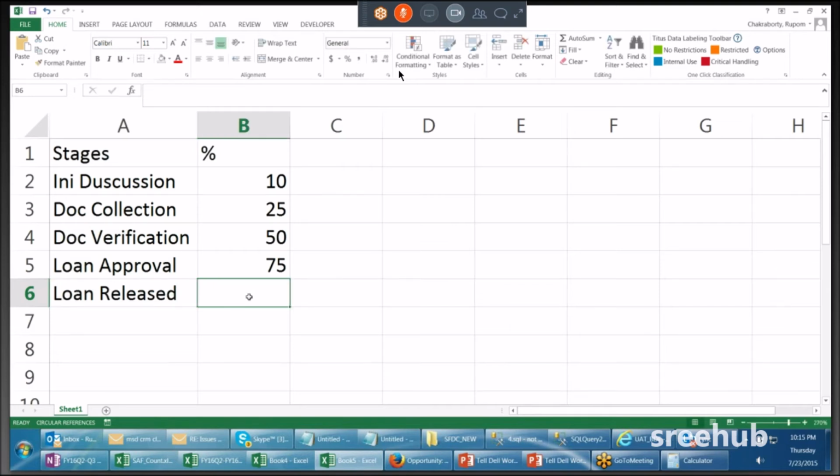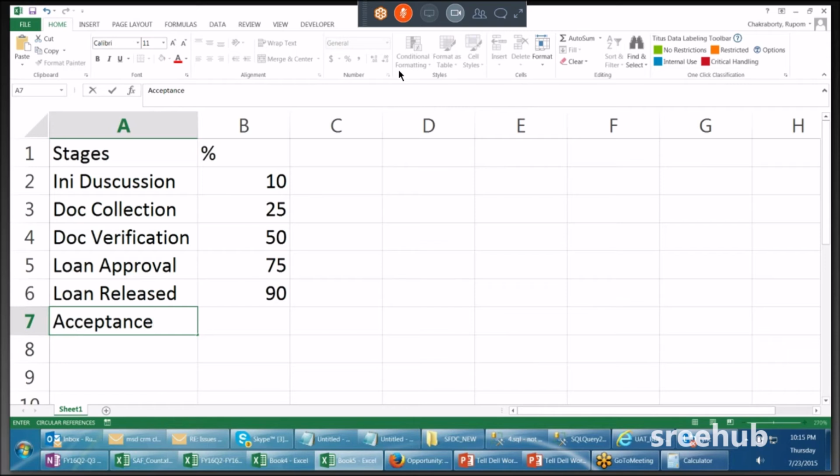You can immediately call the customer. Hi sir, just to let you know that your loan got approved and we are giving you a check tomorrow. So I'll say 90% of the work is done. Check acceptance. The customer accepts the check. 95% is done, right? I'll say 100% lost